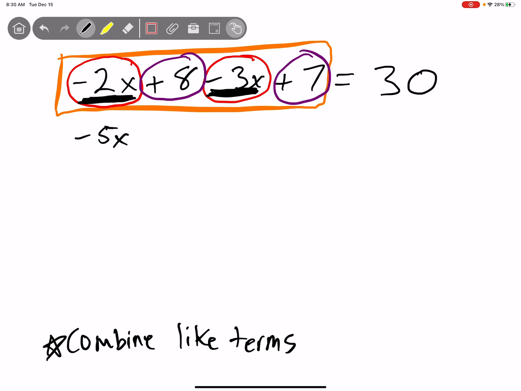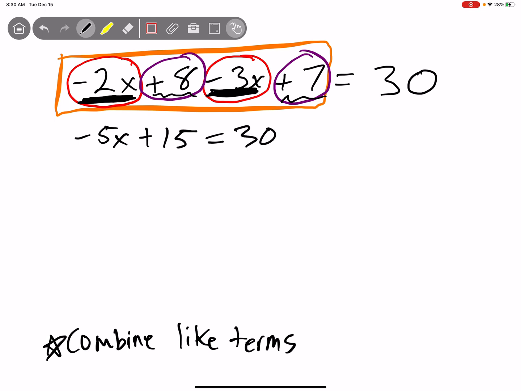And then I've got my plus 8 and plus 7. If I combine those, I now have plus 15. Here's a positive 8 and a positive 7. That's what the pluses tell me. So I now have a plus 15. And I combine those like terms to get negative 5x plus 15, and I can just bring down the equals